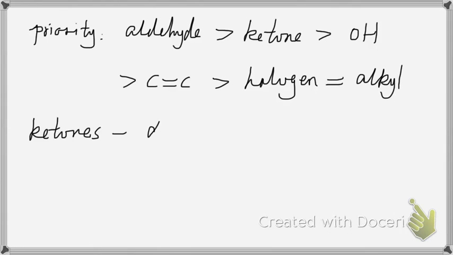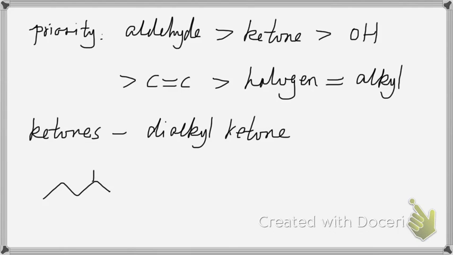There is another way to name ketones. Previously, the nomenclature we've talked about is the IUPAC nomenclature. Ketones can also be named as dialkyl ketones as their common names. The dialkyl ketone nomenclature will be quite similar to the ether nomenclature when we name ethers as dialkyl ethers. For example,